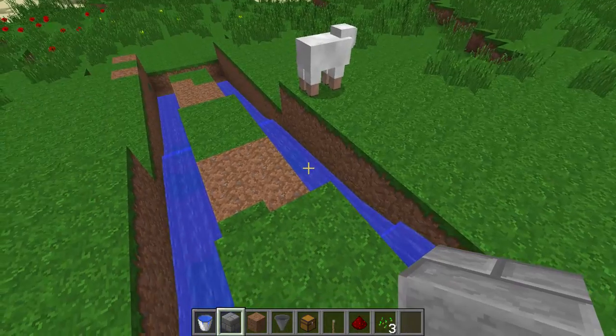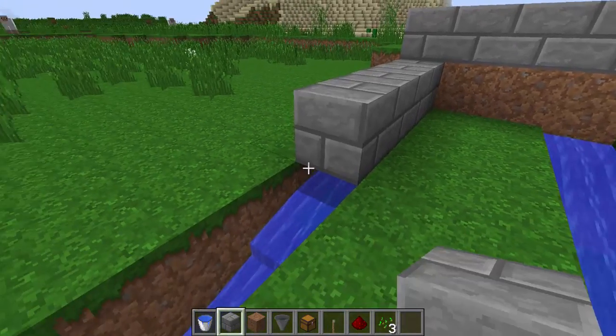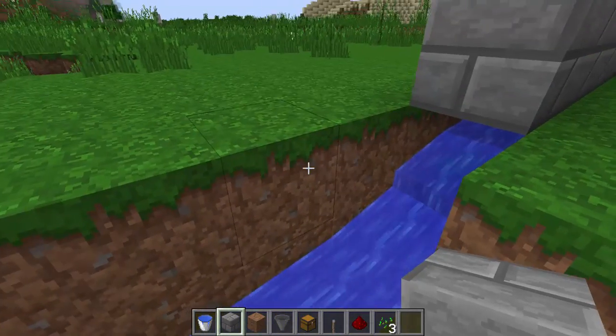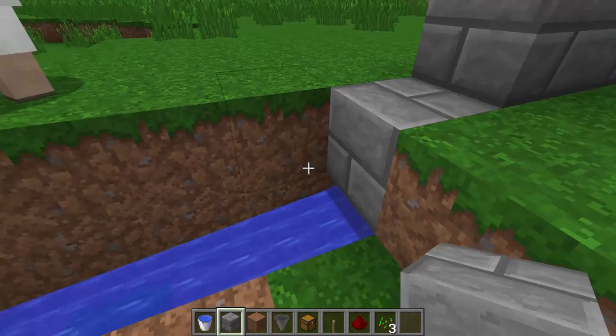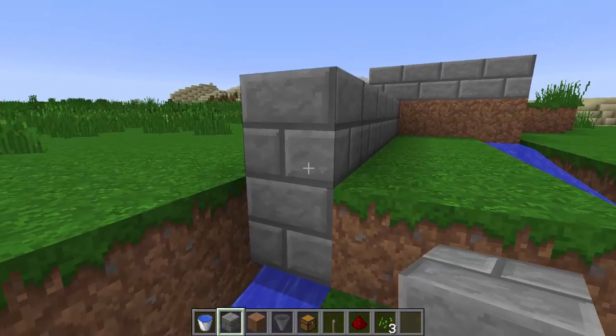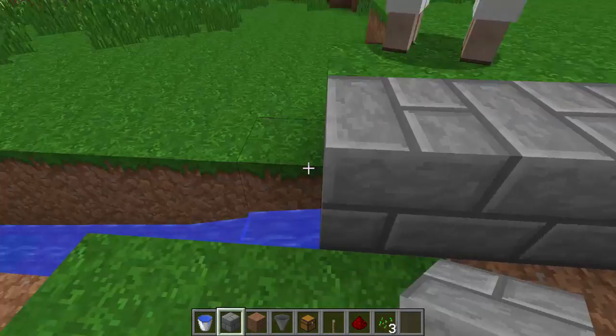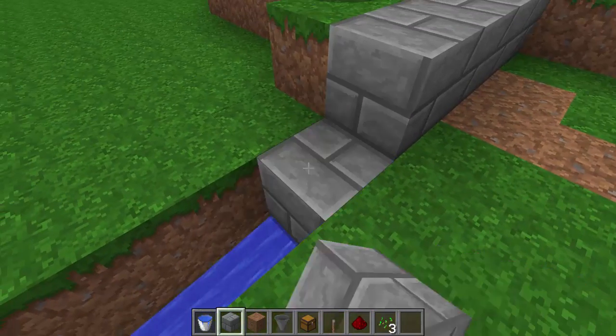And so, now that we have the water flowing, we want to cover the water up because, honestly, it looks tacky. So what we're going to do is just place blocks right on top of the water. And right here, you can place a block right there since we went 2 blocks back, and it will not impede on the water flow. And you can keep the downward gradient the same,